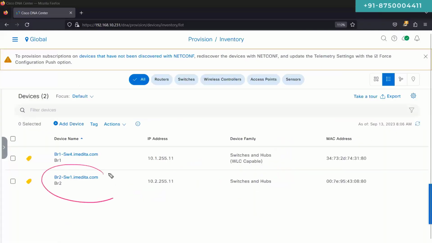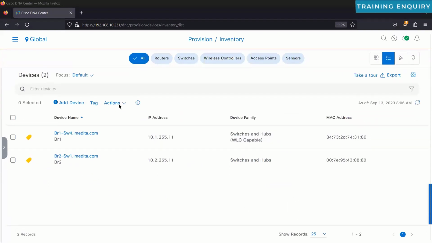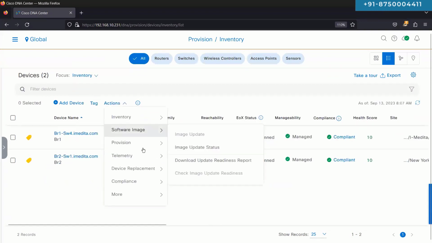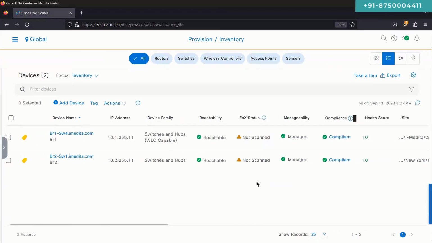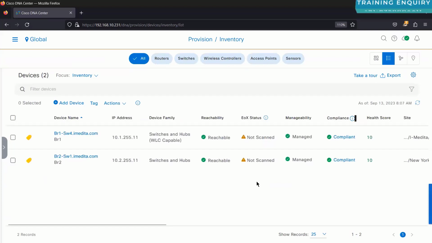Switch number 1 on branch number 2 is reachable from the DNS Center, as you can confirm. If I change it to inventory, you can confirm that it says reachable and everything. So this switch is actually completely up and running. Now we can start onboarding. We can now start using this process of